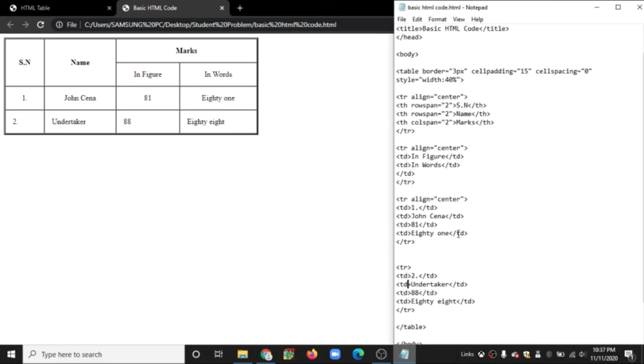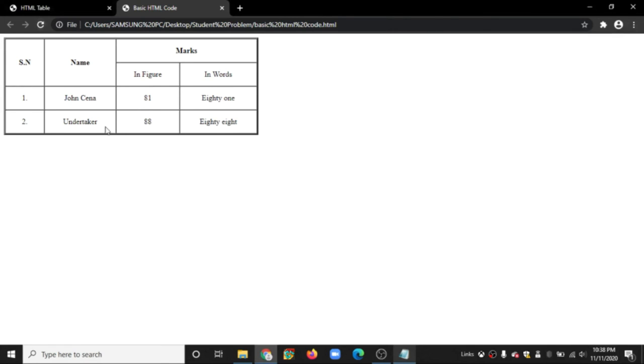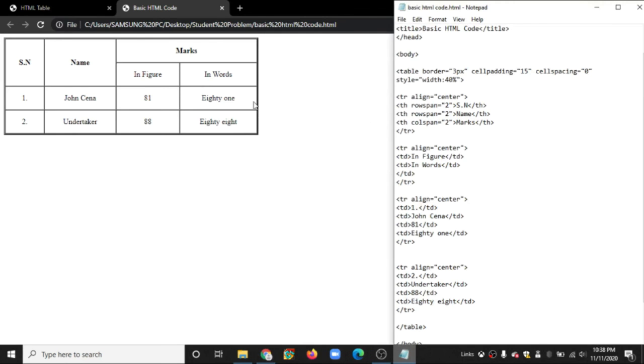So if we use align is equal to center, now you can see here Undertaker is equal to 89. Now there is one more. You can see this is 1, 2, 3, 4.